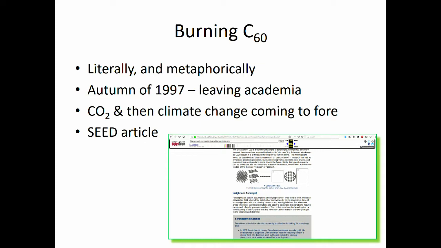And then in the autumn of 1997, I'd spent about five years as a postdoc, and I was thinking, well, I needed to start doing something slightly different. I was not too keen on doing another postdoc position and having to move around. I was quite happy living in Brighton. So I said goodbye to academia, but never quite left the science behind. I kept a slight eye on it, and I kept in touch with Malcolm